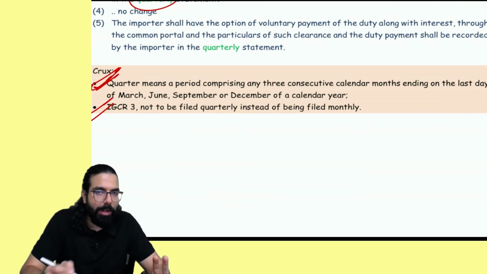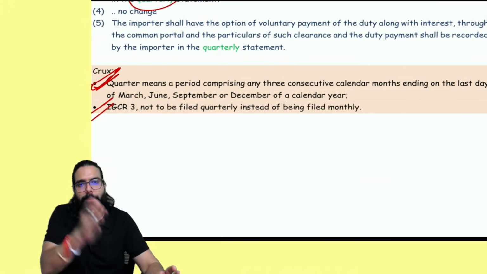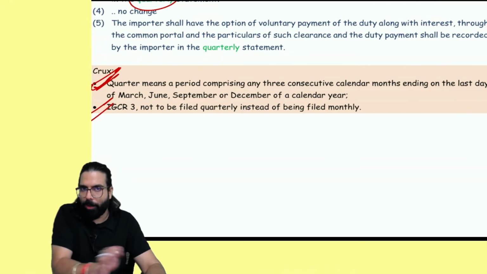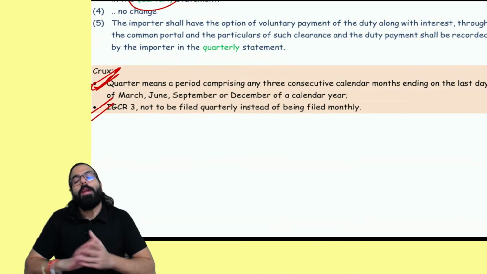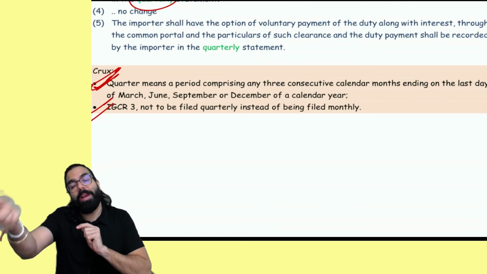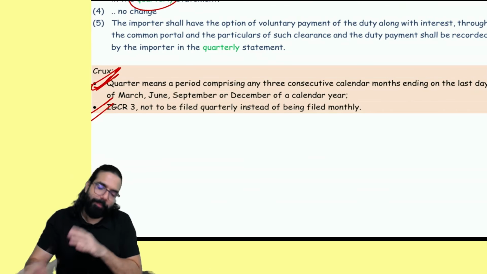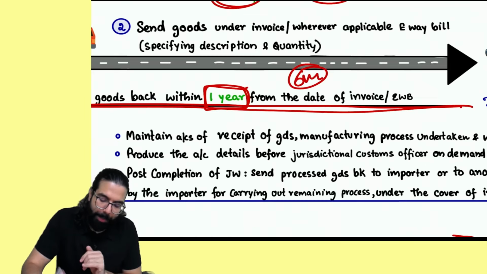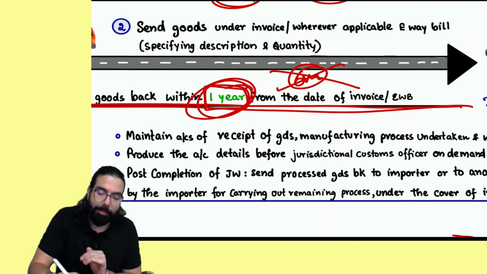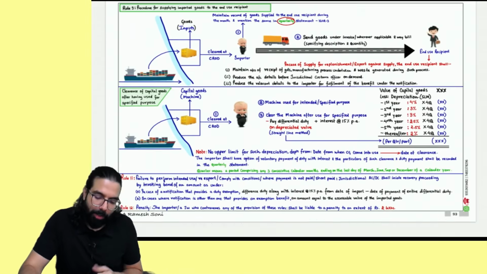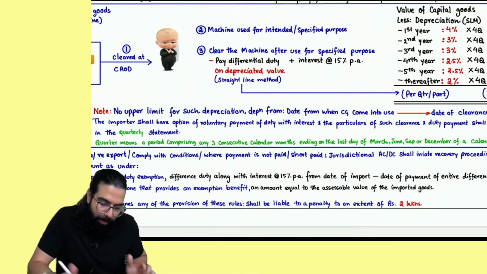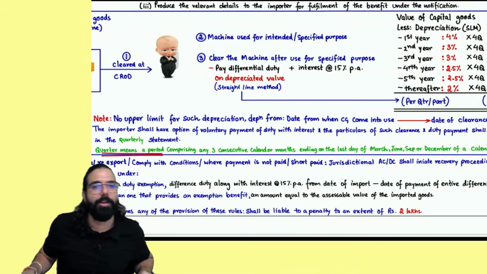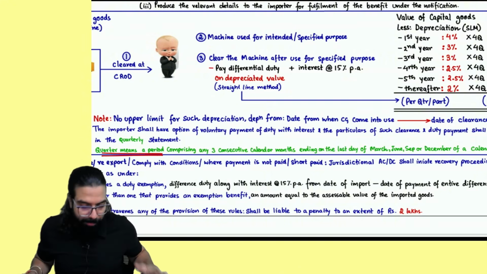Sir, secondly, the definition of quarter has been given. Jan, Feb, March, 1 quarter; April, May, June; July, August, September; October, November, December. In GST, it is financial year. Here it is calendar year. Okay, sir, this point is clear. Other than that, one point which you should remember: goods can be brought back from job work, not in 6 months, now it is 1 year. That's all the changes that have been done. Nothing else. The quarterly definition I've told you. Now it is calendar month. Okay, sir, done.